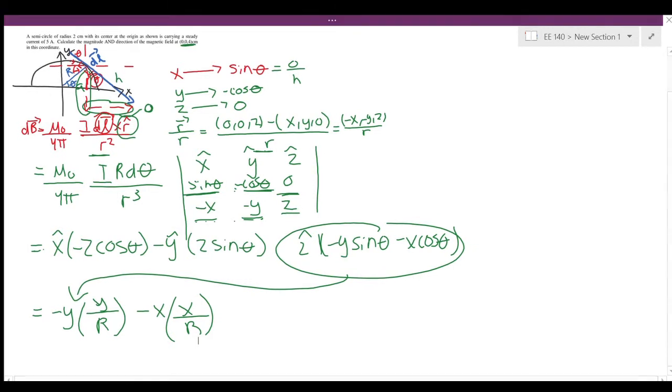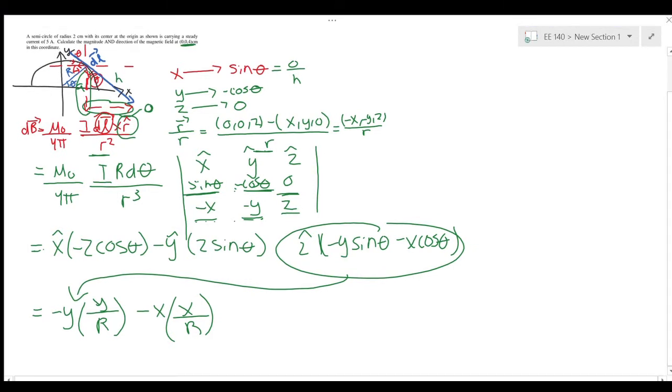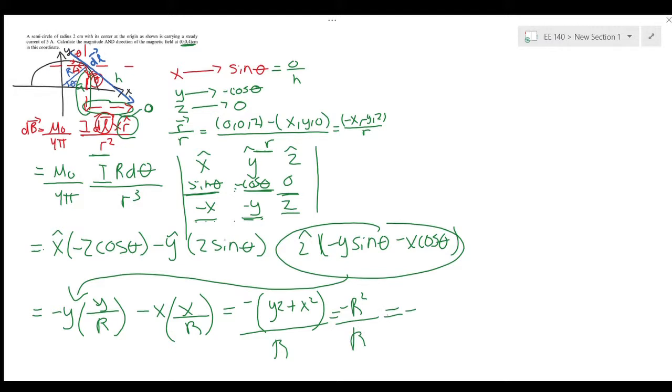And this just equals negative y squared plus x squared over r, which is just negative r squared over r, which is just negative r. So it'll just be negative r z hat. Okay, so since we solved for the matrix and we got our answers, we are just going to plug that back in